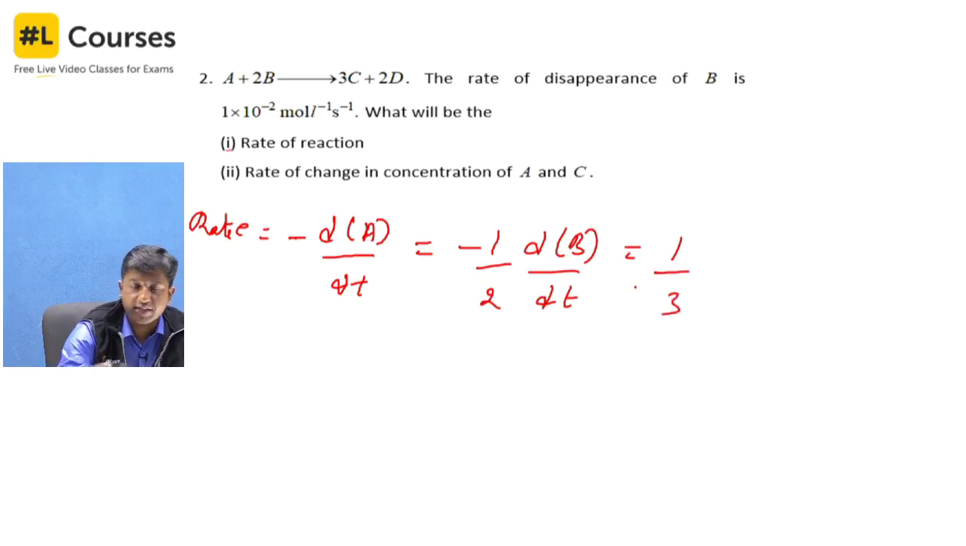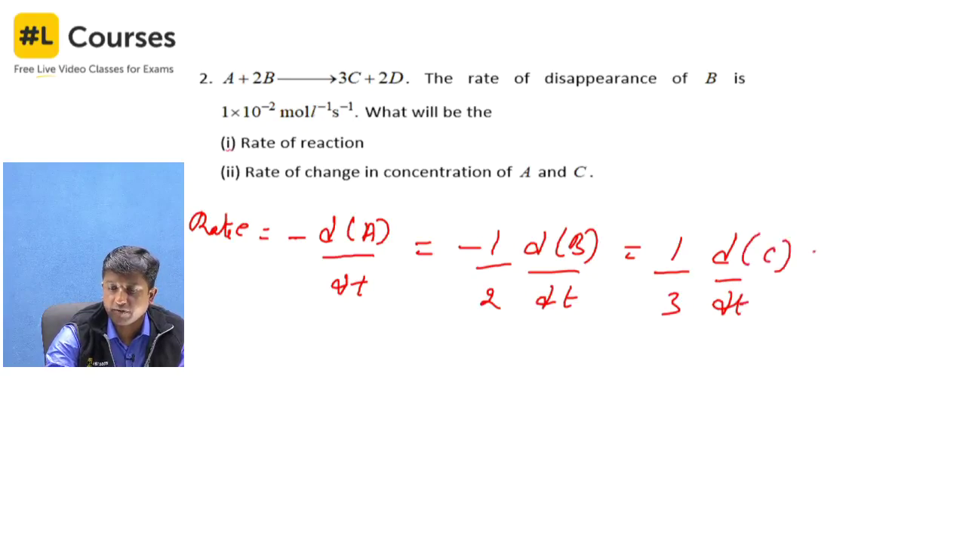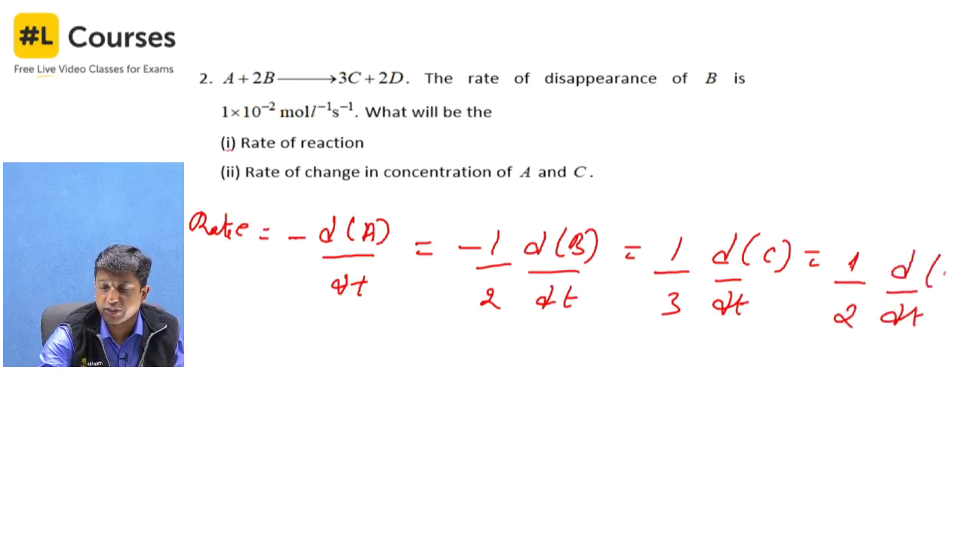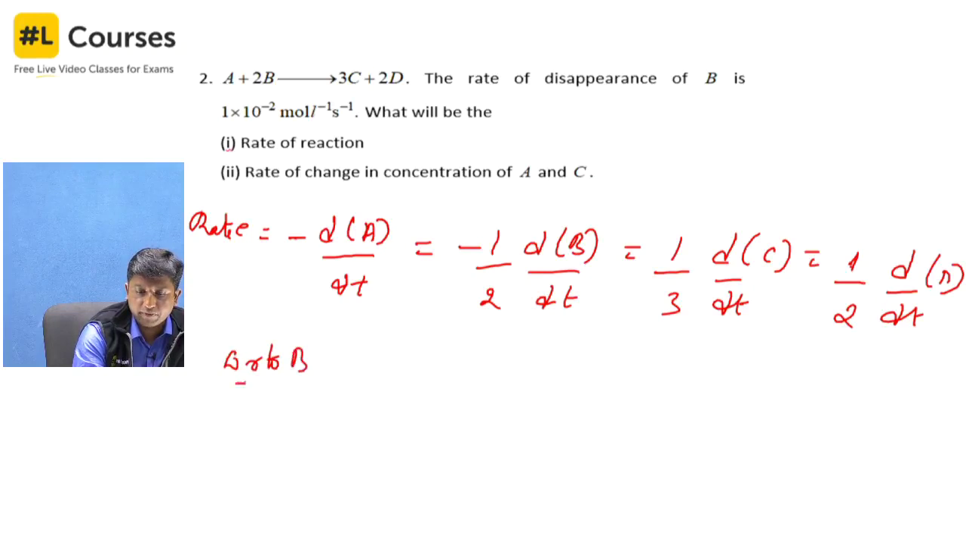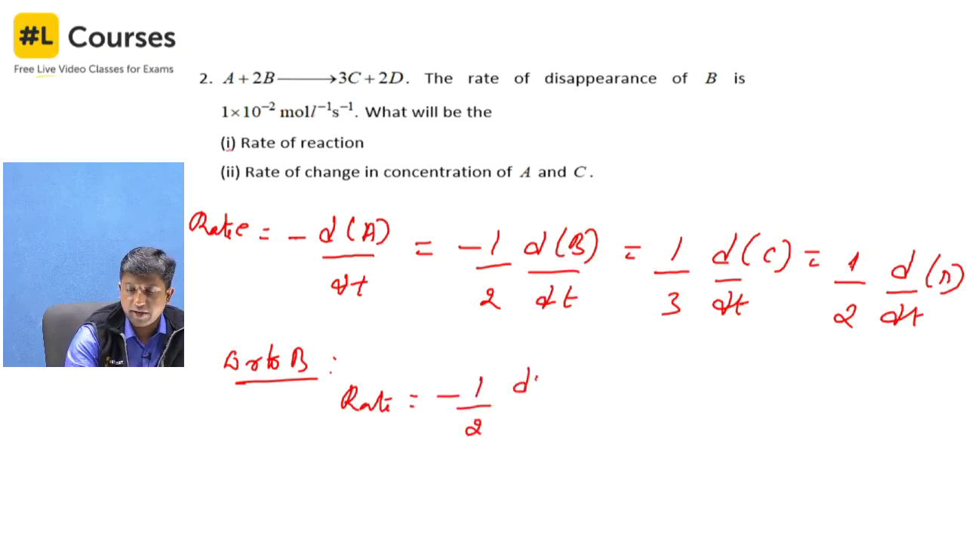1/3, I need to divide by the stoichiometric coefficient, 1/3 into the change in the concentration of product C, which will be equal to, with respect to D, I can write it as 1/2 into the change in concentration of D. Students, here they have given the rate of disappearance of B. Now, with respect to B, I can write the rate of disappearance of B. So, rate will be equal to -1/2 into dB/dt,